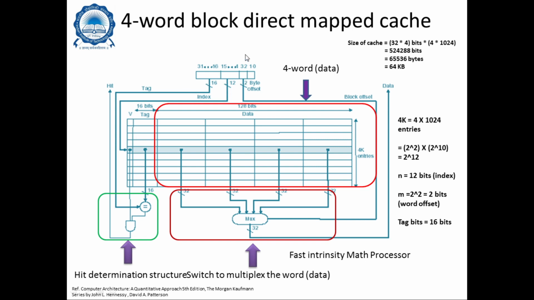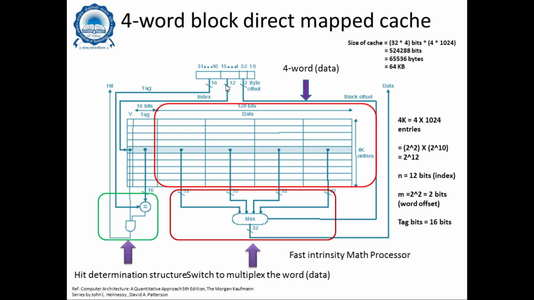So again you have a RAM address on the top. The 2-bit information is kept for the byte offset. Since it's a 4-word block, 2 to the power m is equivalent to 4, so 2 bits are reserved for word offset. We can also call that the block offset. And since we have 4k entries specified to us, 4k means 4 times 1024 entries, that gives you 2 to the power 12 entries, and therefore the value of n is 12 bits. So that is the cache index, 12 bits here.